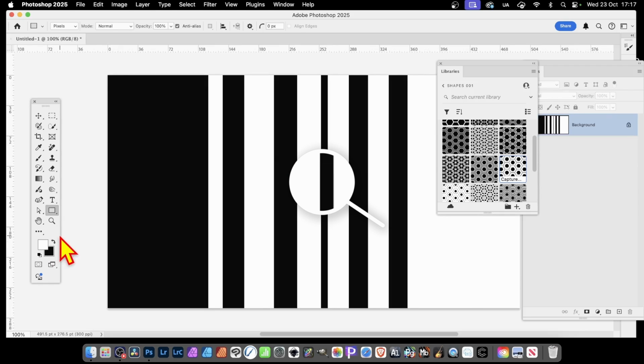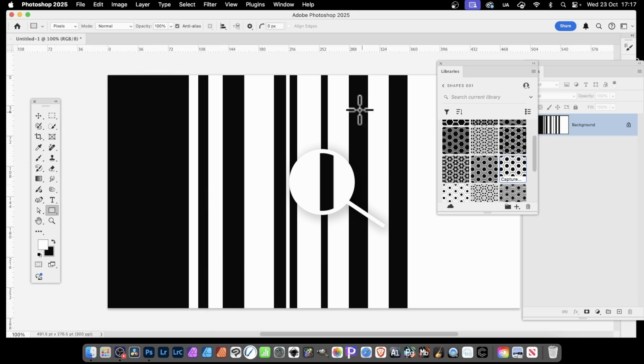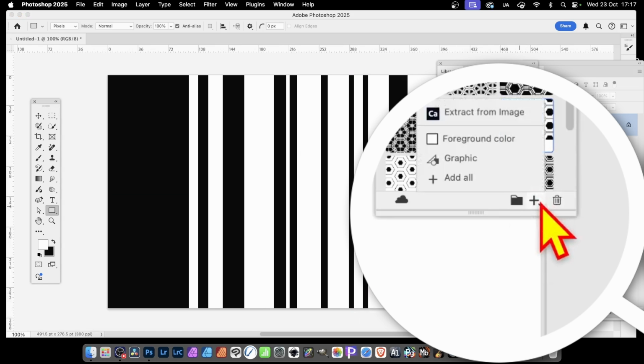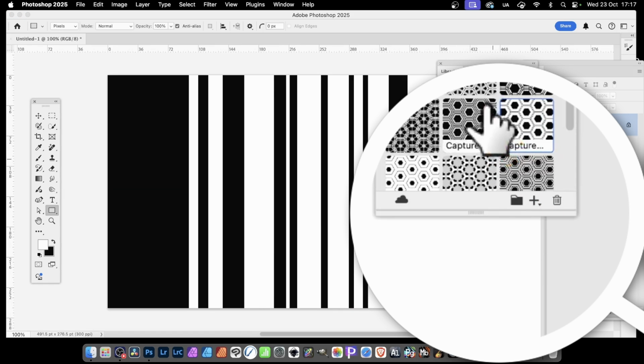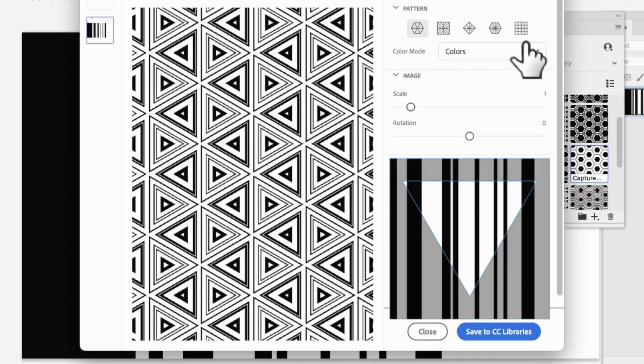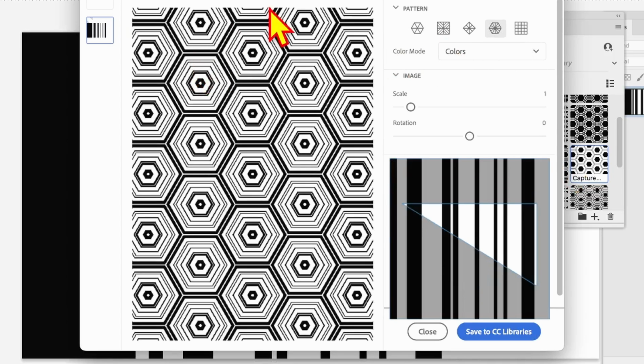So you can go back to this document and simply change the black to white and vice versa, and then add some additional whites or blacks to these. So you can split them up and maybe add another one there. Exactly the same as before. All you need to do is go to the plus in the Libraries panel, click there, extract from image. With that, you can then see hexagon, select that one, and now, because you've got a lot more lines involved,